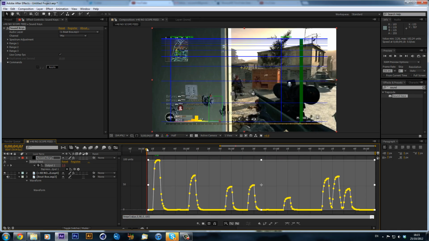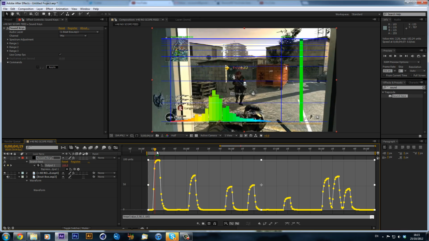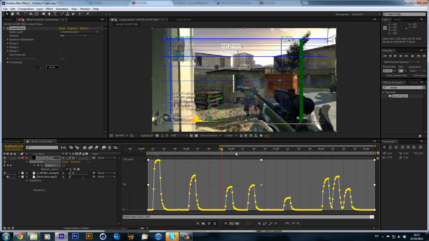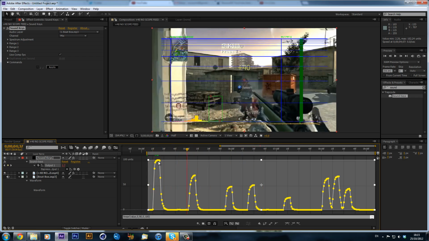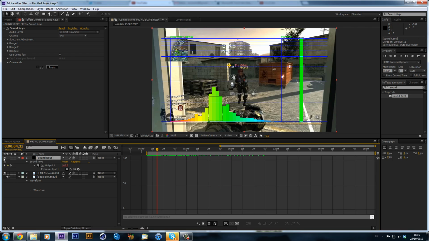So now what you can see that happens if you look over here by our output, as we come across, it's pretty much 0 on the peak up to 100, 0, 100. But obviously it's not at 100 because you only go to 100 when it hits 90, but some of these aren't actually 90. But in a song you probably won't have that problem because the beats will probably all be the same volume. Now what we can do is turn off our sound key layer so we don't have all of this